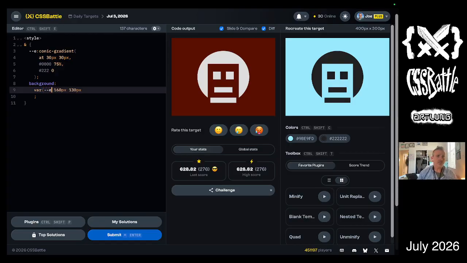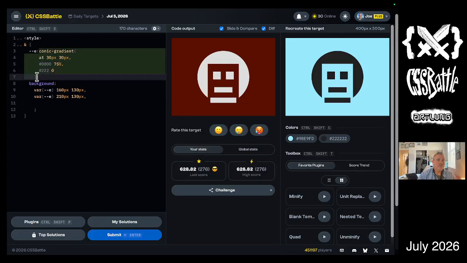I got my parentheses backwards. There's 1. Add a comma, the same thing, and then the x-axis will be a little bit more, not negative. 9, 200, 210. And then